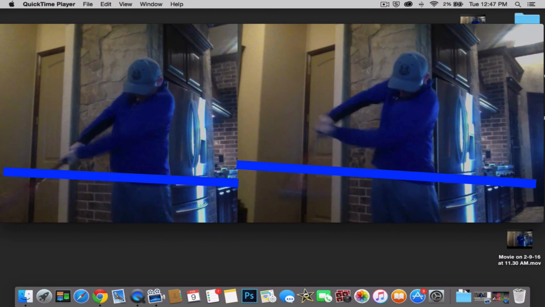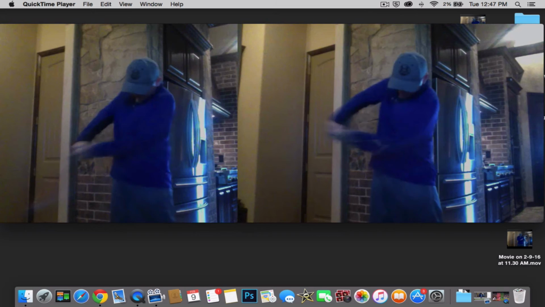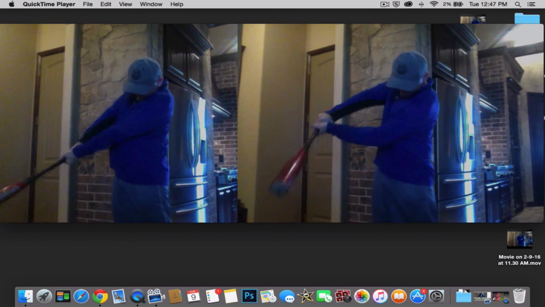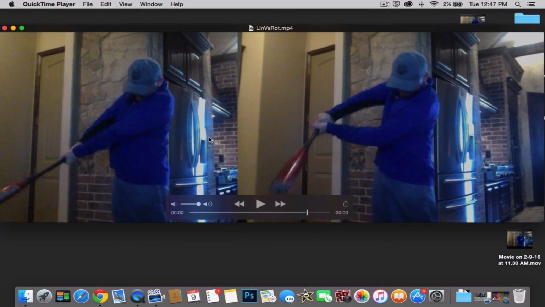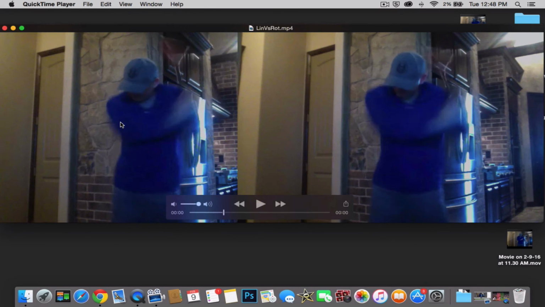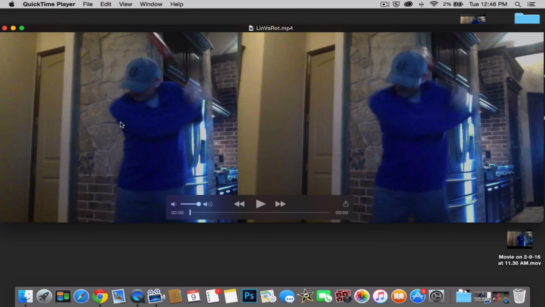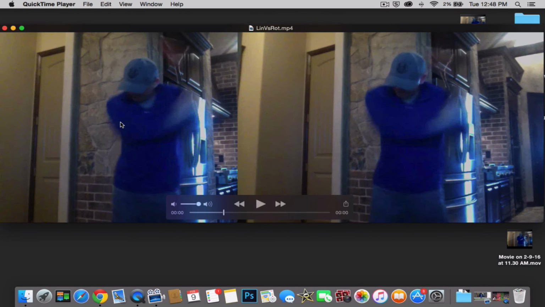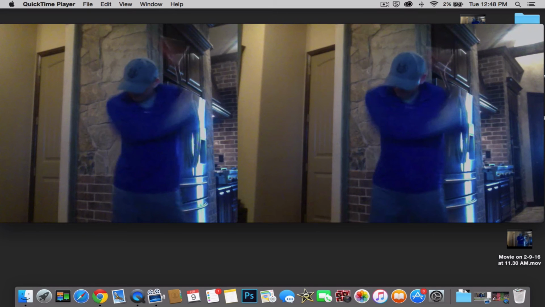We want them to work on top so that we can keep our hands on top of the barrel to a certain extent. My next move from here is the barrel continuing to extend through the ball, and over here I've already done my extension. So those are the main differences I wanted to point out today, and I think a lot of the emphasis these days with rotational and linear hitters is